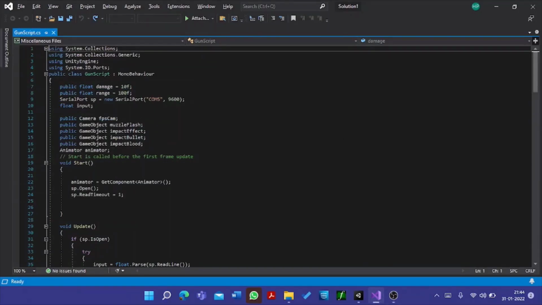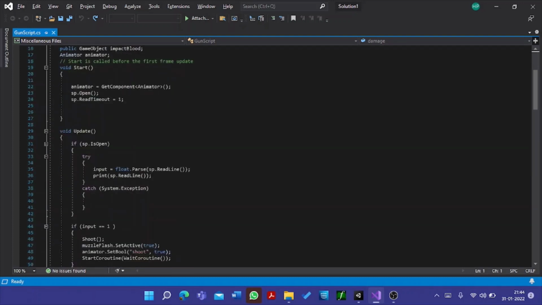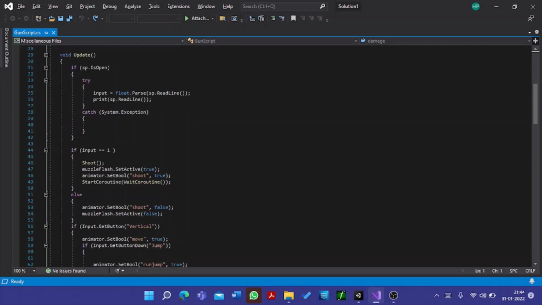Here to access the serial monitor via Unity, we import the System.IO.Ports library. Then we add a new variable, serial port, and write down the COM and baud rate information in it. And in Start we write sp.open and read timeout. In the Update function, when sp is open, the values coming in from the serial port are stored in the variable input as an integer, and when this input is 1, the shoot function is called along with other animations,